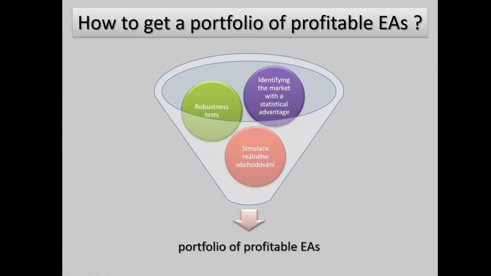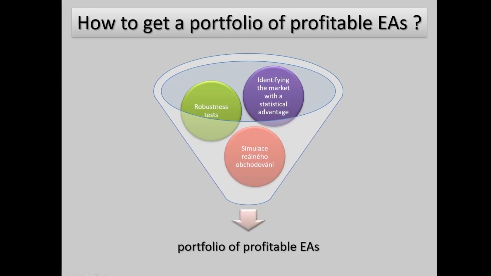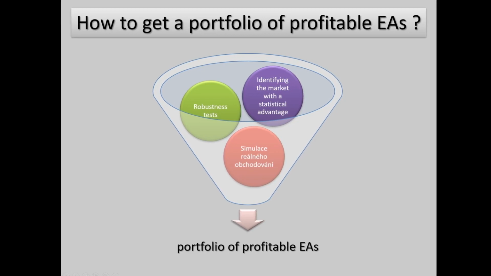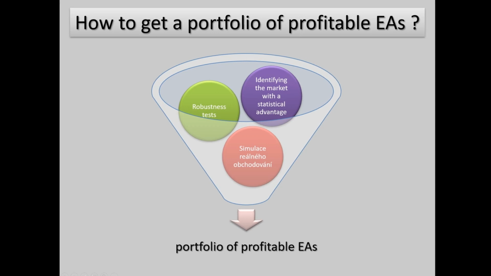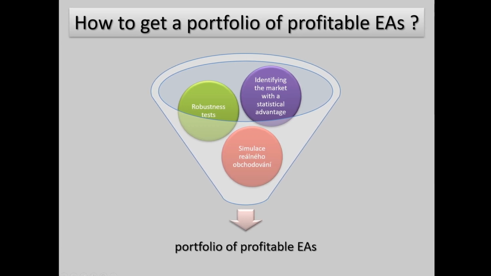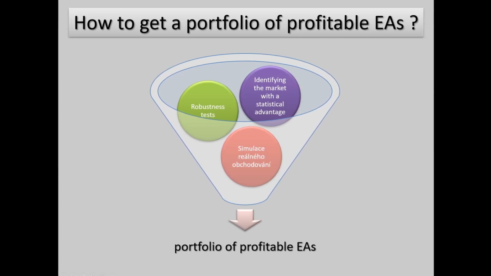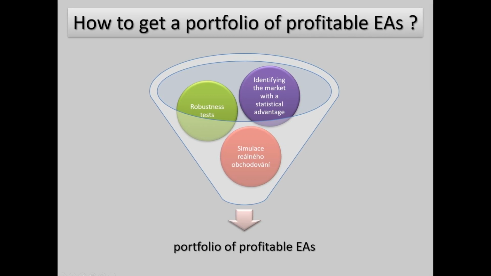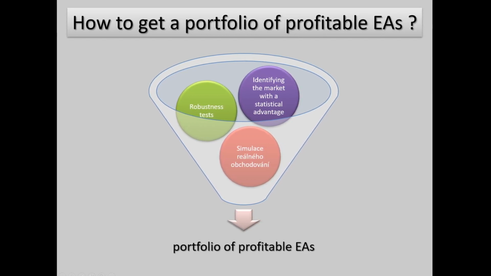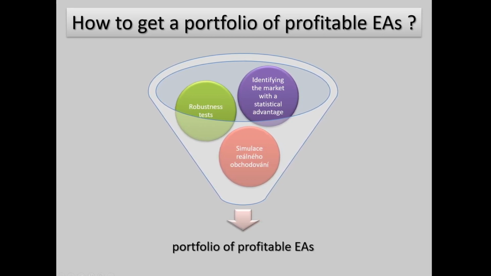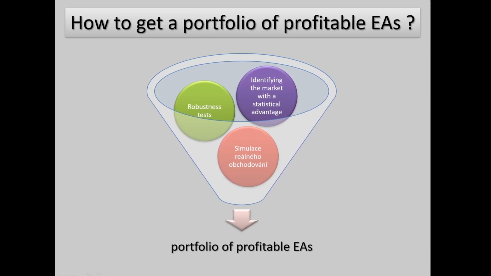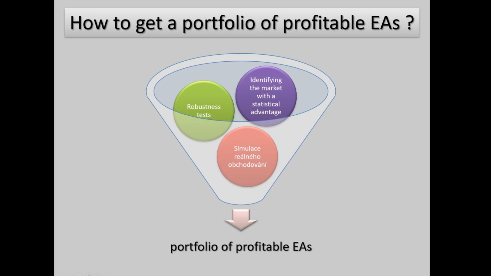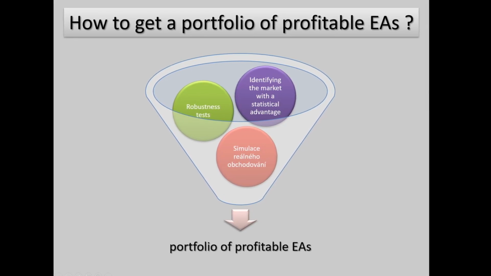At the beginning, I will briefly mention the process I use to create profitable automated trading strategies. First, I find a market with a statistical advantage. Second, I perform robustness tests. Third, with the strategies that pass the robustness tests, I run a real trading simulation. By following these three steps, I obtain a portfolio of strategies that, with a probability bordering on certainty, will be